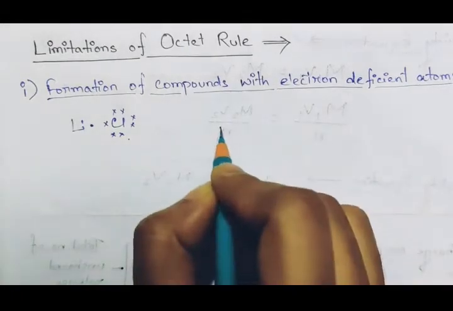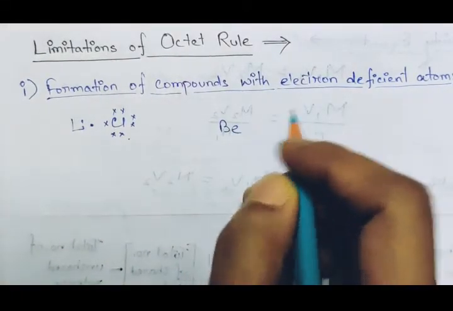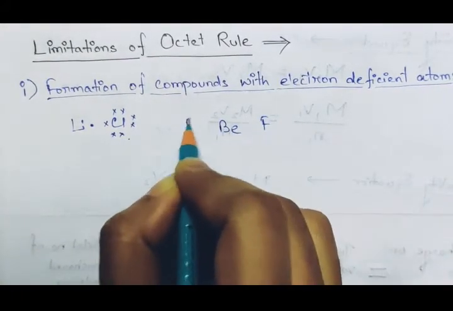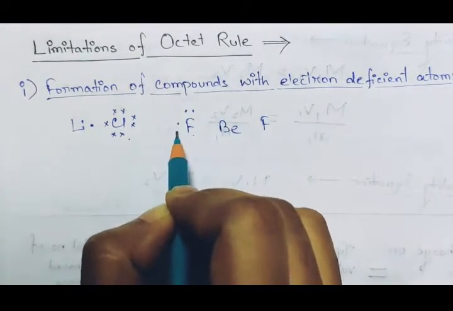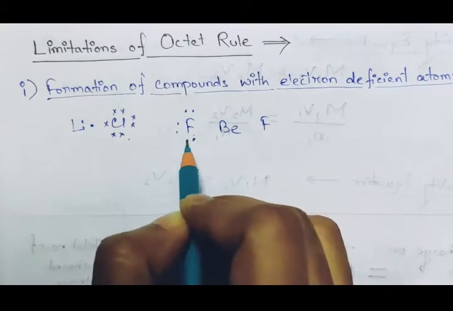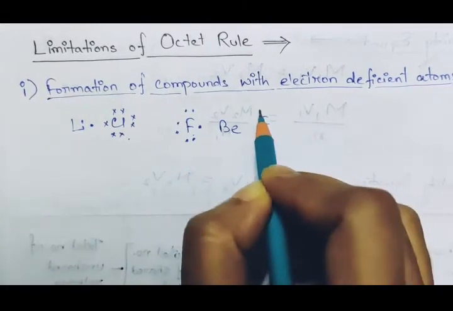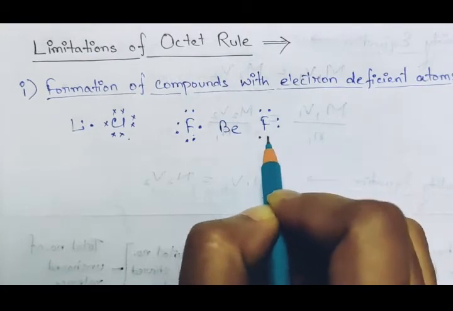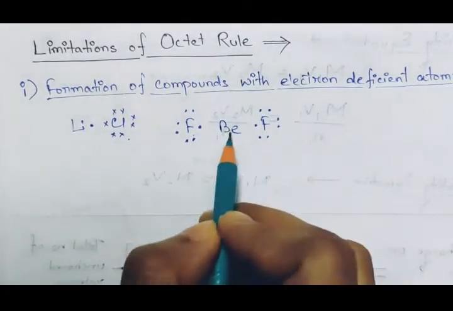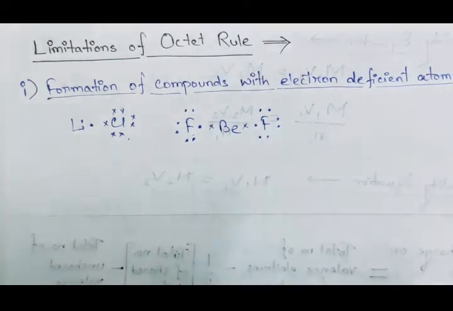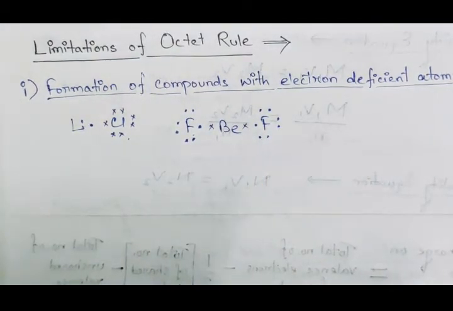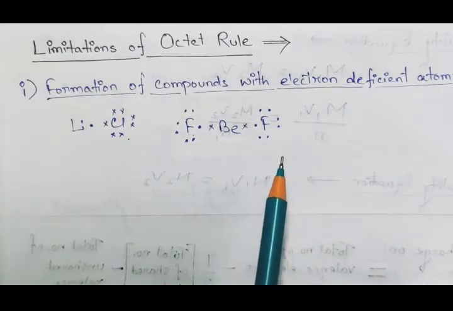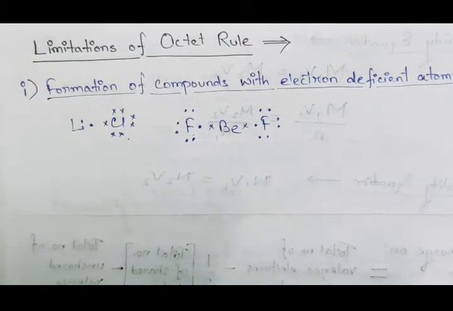In case of beryllium fluoride, BeF2, it is a linear structure. So here the fluorine atoms have 7 electrons in their valence shell. This fluorine also has 7 electrons in its valence shell, and this beryllium shares 2 electrons with the 2 separate fluorine atoms, and there is covalent bond formation. Okay, so here also this beryllium has only 4 electrons in its outermost shell,